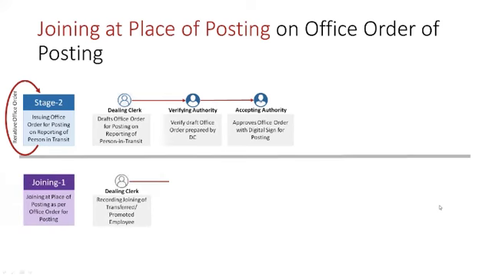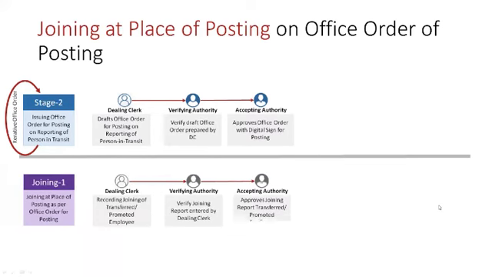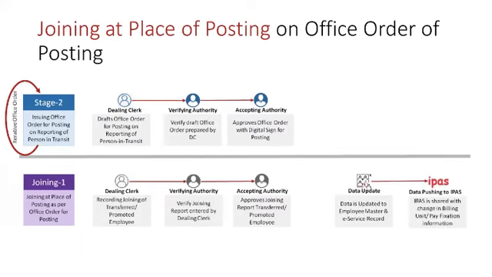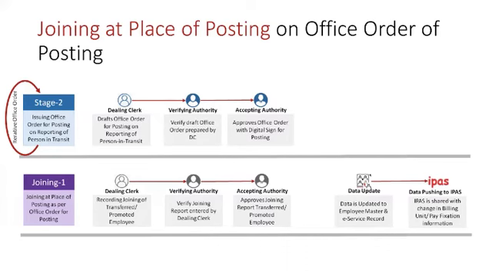After issuance of order comes joining. Once the person joins at his place of posting, that date is to be mentioned, and then DC, VA, A, that date is entered into the system, and data is entered at the new place. So this is the point where data from the earlier place of posting to the new place of posting is shifted, and data updation takes place in both HRMS and iPass. And that's how the complete cycle of transfer, promotion, and posting completes in terms of events taking place, their office order being issued, and their data being updated.